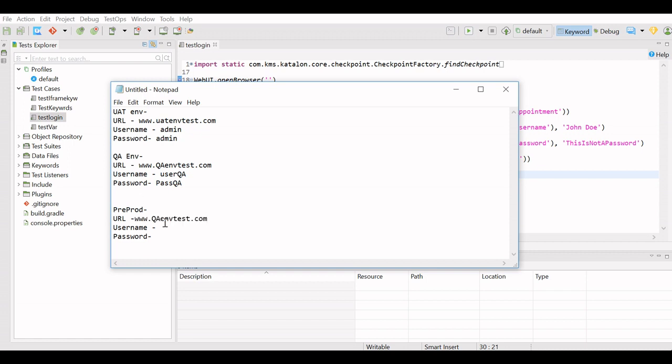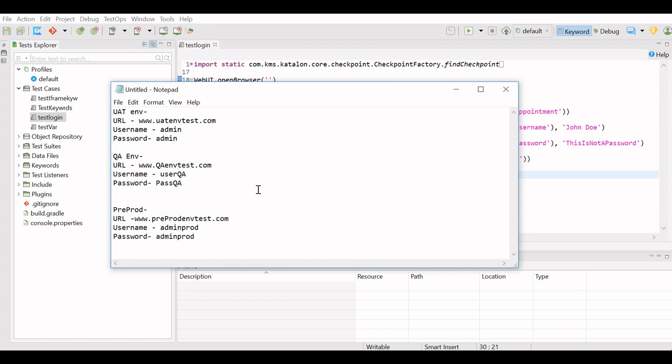For the pre-prod environment, it might be pre-prodENVtest, and the username might be admin prod and password admin prod. So different environments have different URLs, usernames and passwords.